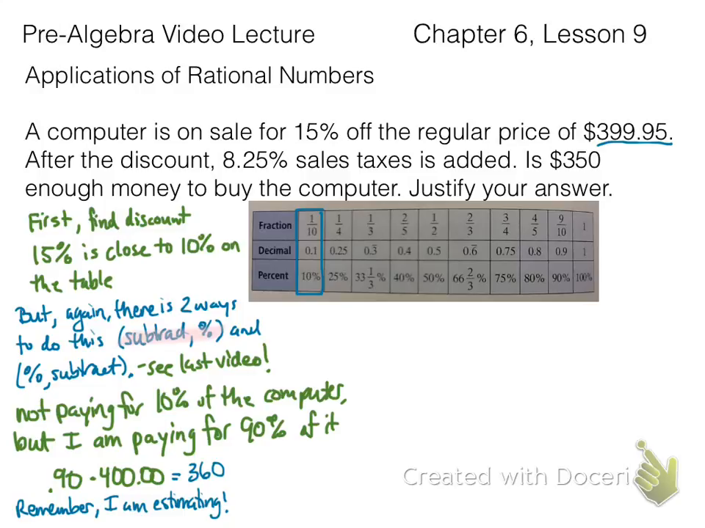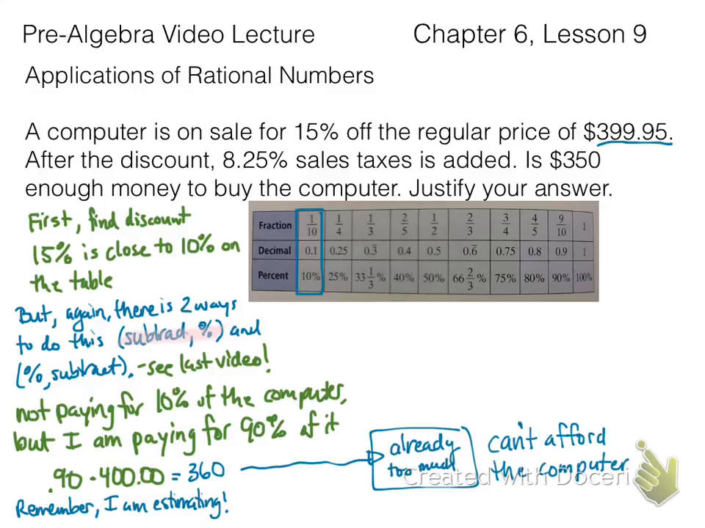And for those doubting Thomases out there, not to say that a Thomas is normally somebody who doubts, but for those people who don't believe me, I'm going to go ahead and do it with the exact 15% and show you that after even the sales tax, you still can't afford it. So without doing the sales tax, you can't afford it. But even with the 15%, you're paying $339.96 after the discount,